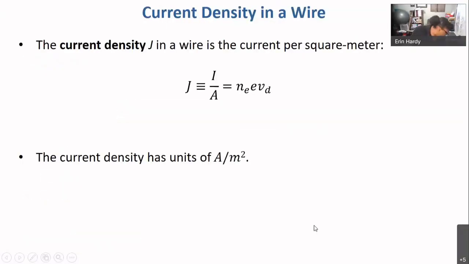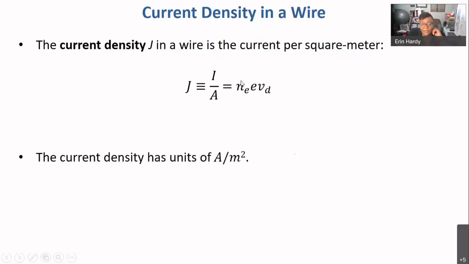Now, if you had lab on Tuesday, you've already gotten a little bit of a taste of how current density works. We know that current density is the ratio of current to a cross-sectional area, but from the way that we defined electron current in the first half of this chapter, and the relationship between electron current and conventional current on the previous slide, we can express this current density J in a handful of different ways. The units are all going to boil down to amps per meter squared,